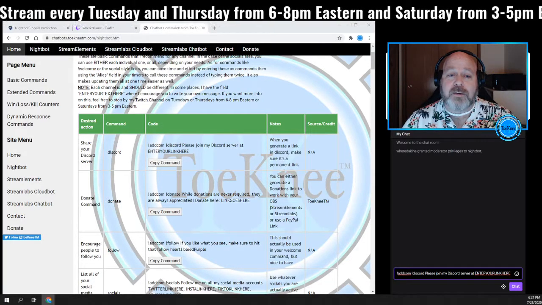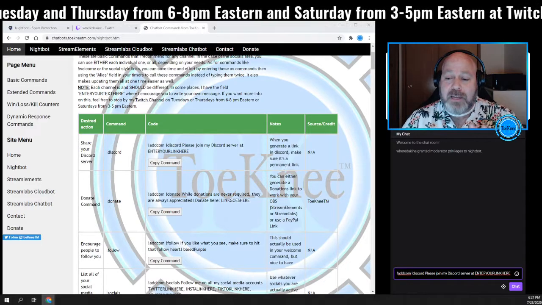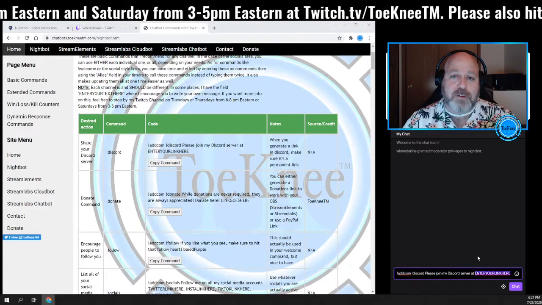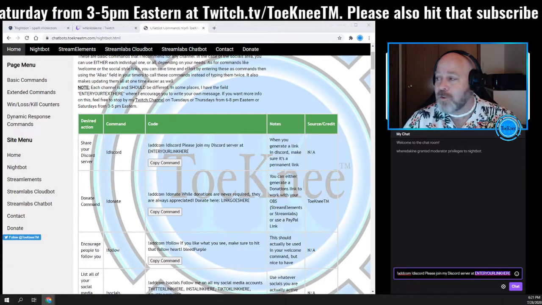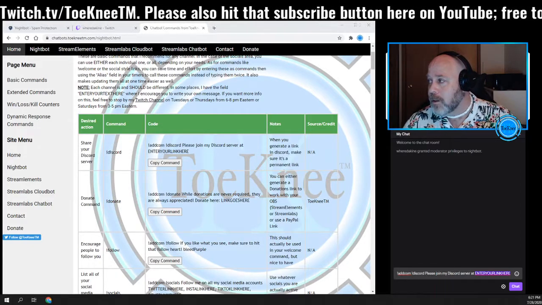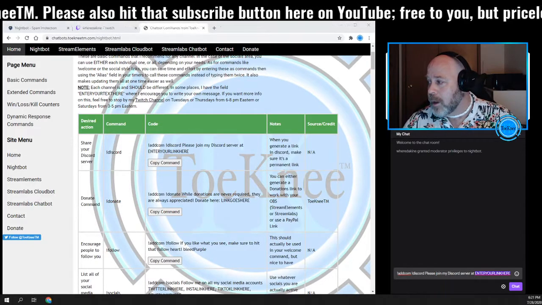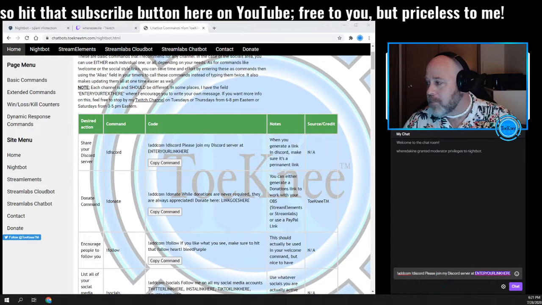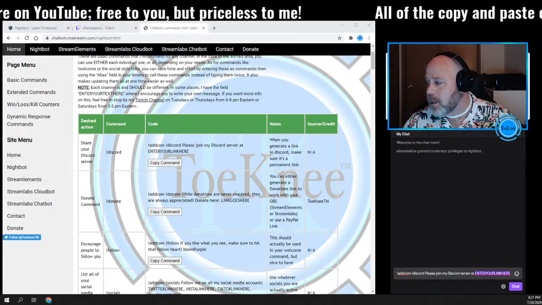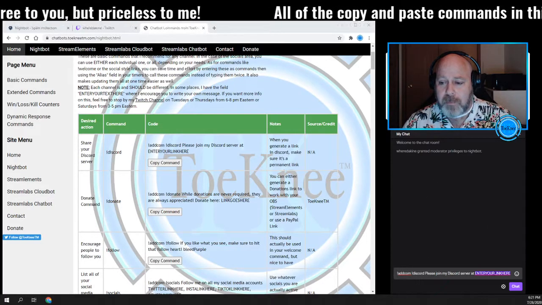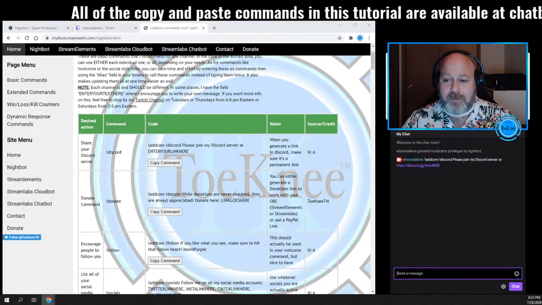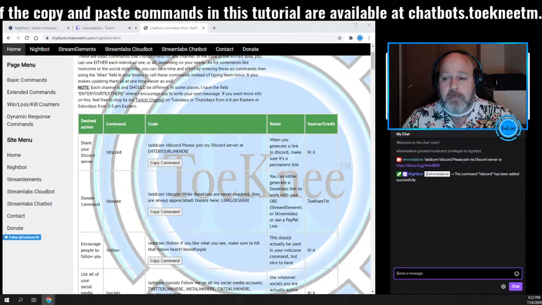Now, one of the little things about, especially the basic commands, is anywhere you see these all caps, it means you probably have to put some customized information in there. In this case, you want to add your Discord link. I have my Discord link set up over here for me to use. Give me just a second here. I've got to grab that, and I'm going to copy it. Copy link. I'm going to put it back over here. I'm going to go over that. I'm going to paste it in, and voila, I now have a link in there to my Discord server, but it's there as a